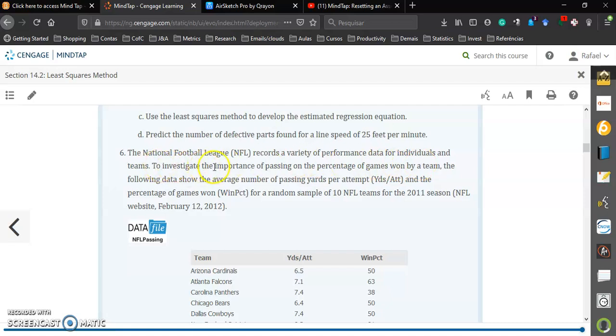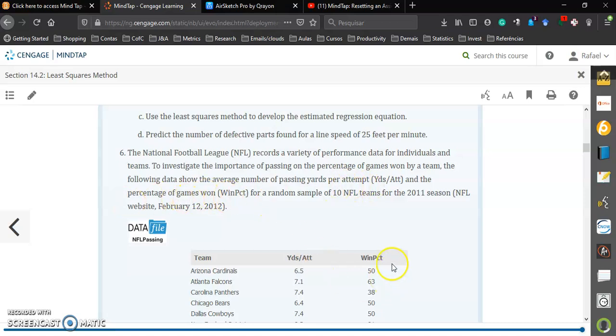So here's the keywords to investigate the importance of passing. Passing is one of the variables, and percentage of games won by a team are the second variable. The following data show the average number of passing yards per attempt. So this variable is the average number of passing yards per attempt